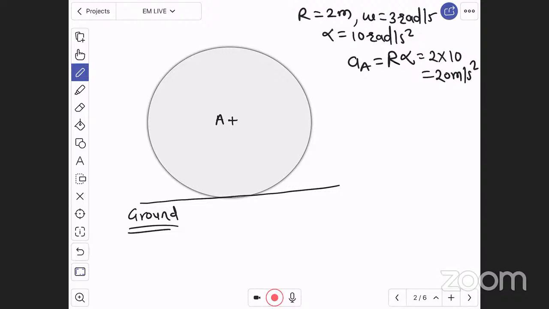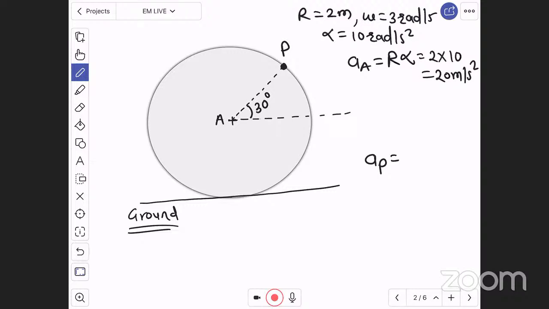And if I want to find the acceleration of any point, let us find it for any other point. Let us say I consider point P. My dear students, concentrate. I am repeating this again. If I consider point P at some angle with the horizontal, let us say at an angle of 30 degrees with the horizontal, if I want to find the acceleration of point P,